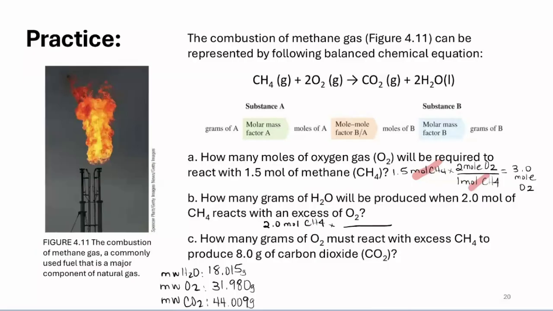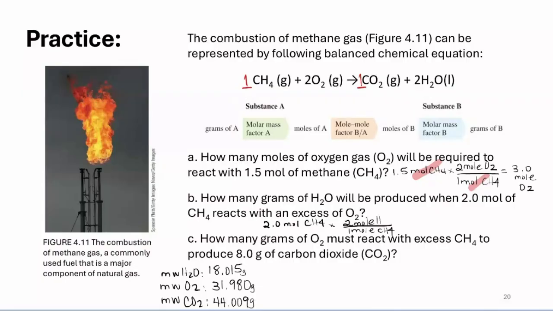I'm going to write it down so at least you guys can see it. Also, CO2 has a 1. Then what we do is that we write 1 mole of CH4 in the bottom. We're trying to relate it to water, so I go back to my chemical reaction and I say, oh, the relationship between CH4 and water is that it is 1 CH4 to 2 waters. So on the top of my fraction, I'm going to write 2